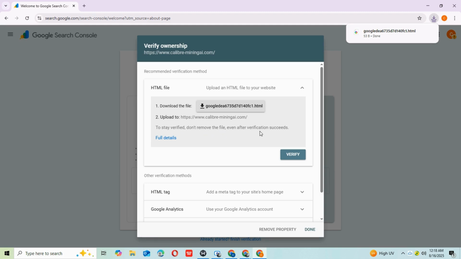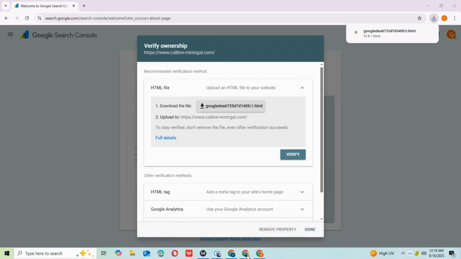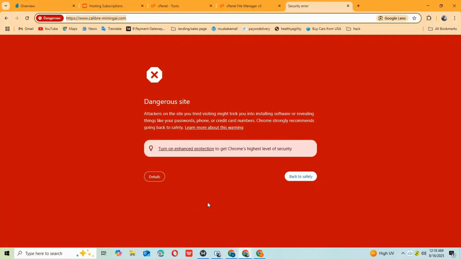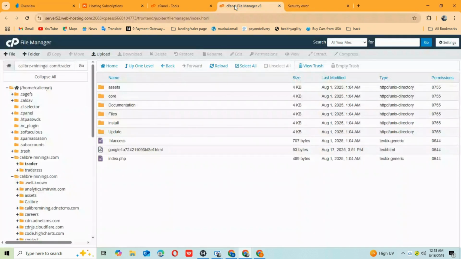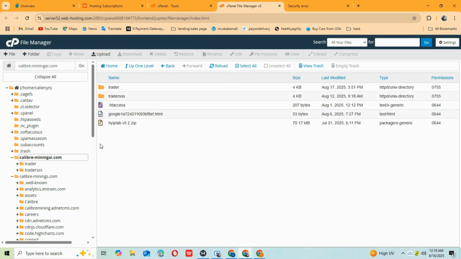Okay, so we're going to log into the cPanel. We have logged in. Let me just get it up. I'm logged in already. Okay, so this is where I want the code. All right, this is the one I uploaded before, but I'm going to take it out and generate another one and put it in here again. So all you have to do is just click on upload. Once you click on this upload,